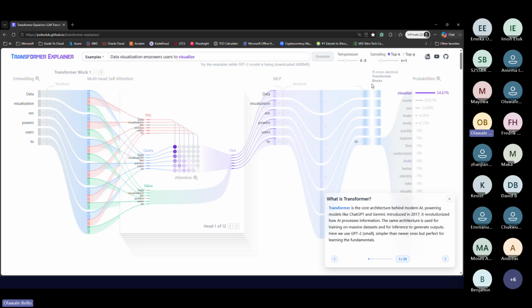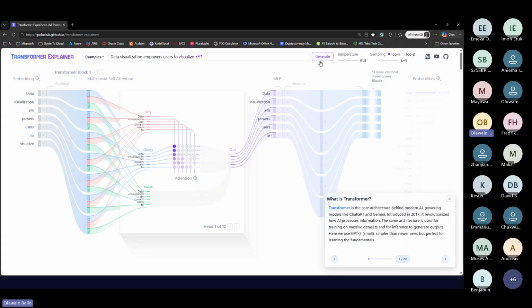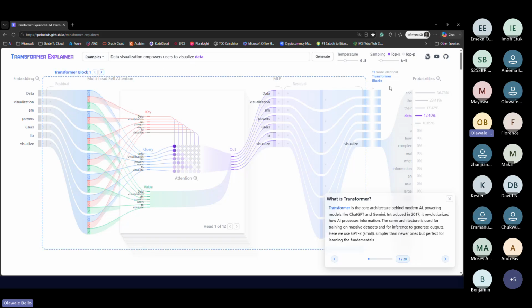0.8 means that if this generate button is working, if I click on it, see this example, data visualization empower user to visualize. The next token, which is the next word, if I, okay, I think it's working now. All right. So if I click on the next one, it will go to the next available data. On this, if you look at it, it says data visualization empower user to visualize data. But this, what you can see here, and the next one, you can see all this one